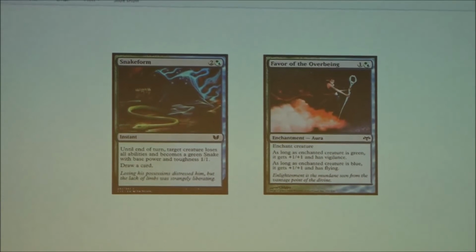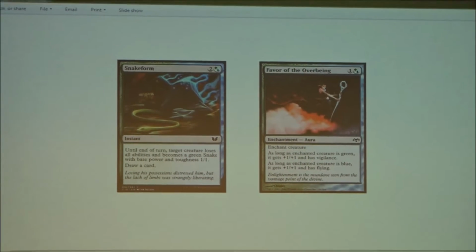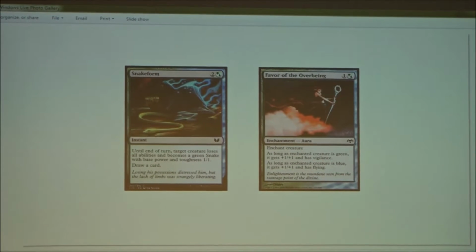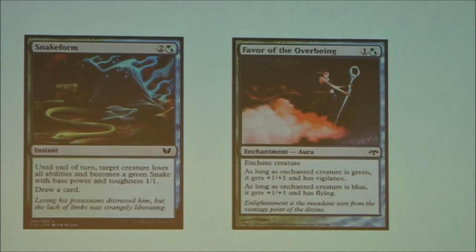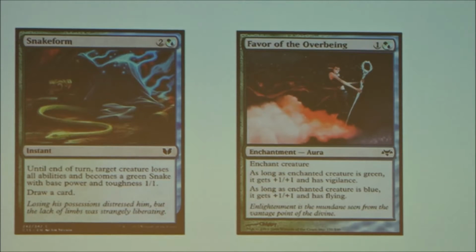So how does this work, under the rules that existed at the time? Any guesses? Favor of the Overbeing would just work if the creature was green or blue, and if it had been Snake Form, Favor of the Overbeing wouldn't care. So if the creature was green already, Favor of the Overbeing and Snake Form wouldn't have any dependency issues, because applying Snake Form doesn't change whether or not Favor of the Overbeing's effect applies. So you would apply them in timestamp order. If you Snake Formed a Favor of the Overbeing creature that was already green, the creature would lose vigilance, and it would lose flying. But if the creature wasn't green already, if it was just blue, then all of a sudden there is a dependency issue,